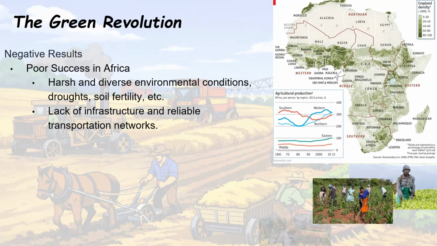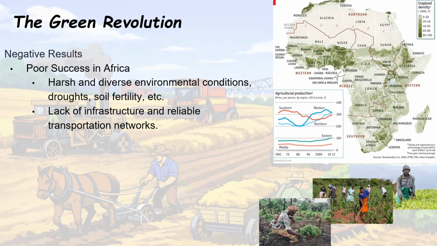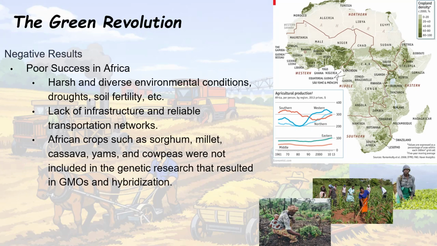The high-yield wheat and rice varieties? They were basically designed for very specific, well-irrigated environments. Translation: they thrived in parts of Asia, but not everywhere in Africa. Now look at that production graph. Notice how the line isn't skyrocketing like in South Asia? That's not because farmers weren't trying. It's because the system around them wasn't built to support the upgrade.